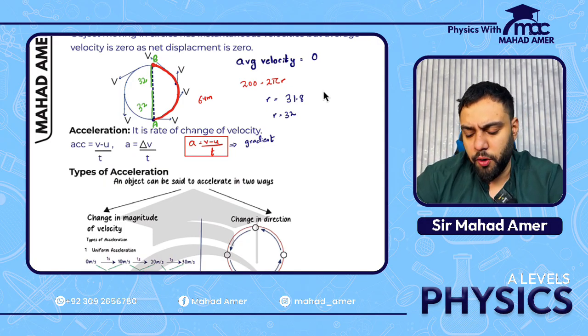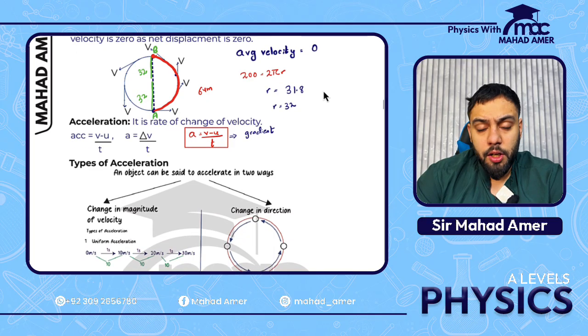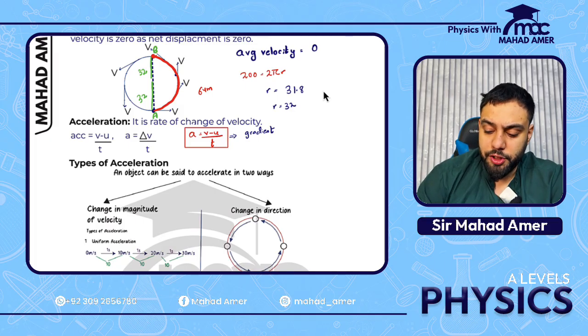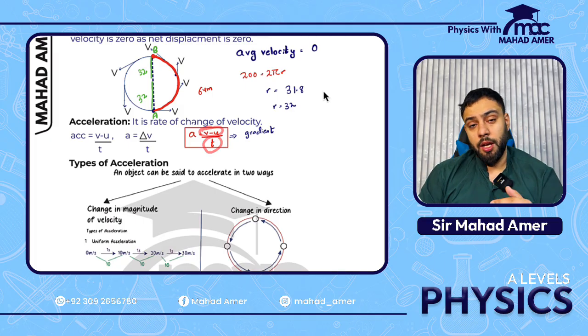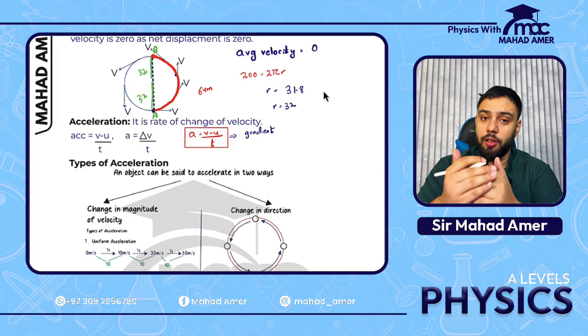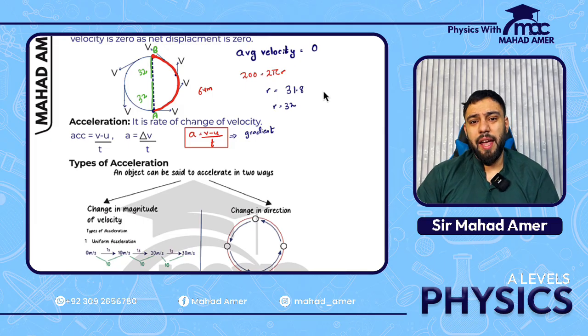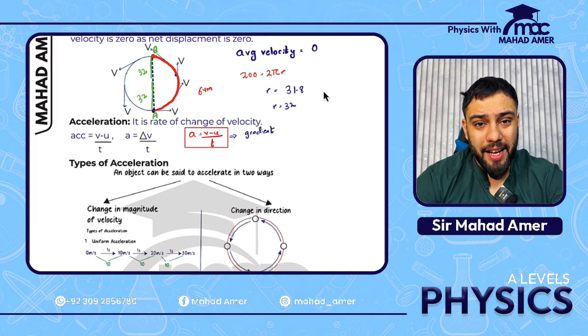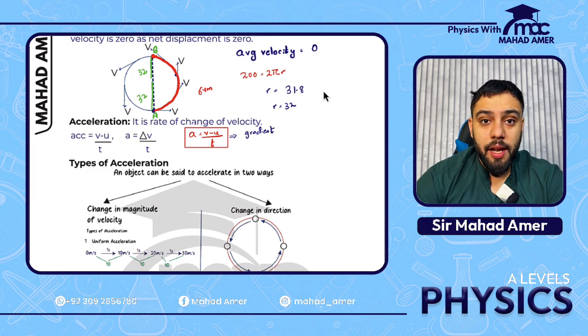So this formula is derived from the gradient of the graph. It is final velocity minus initial velocity over time. You get change in velocity divided by time. You get the time taken to change velocity. In general, if I would have to say what acceleration is, it is how much time is needed in order